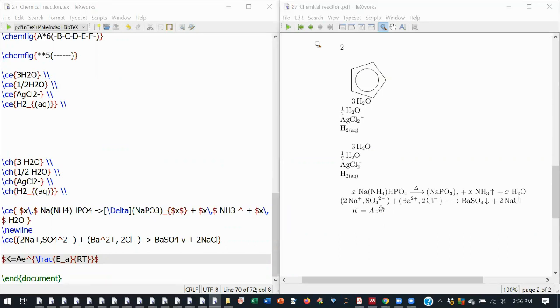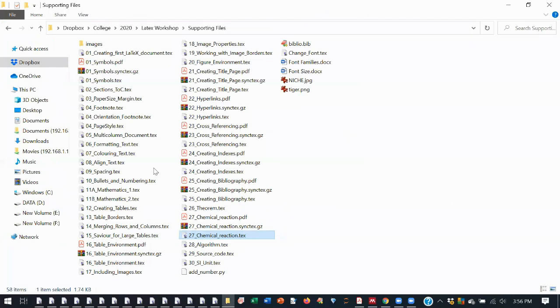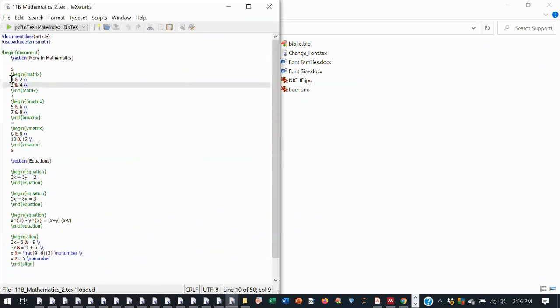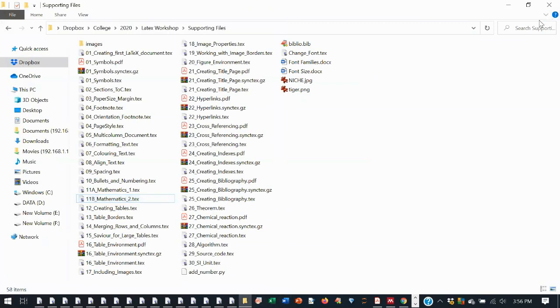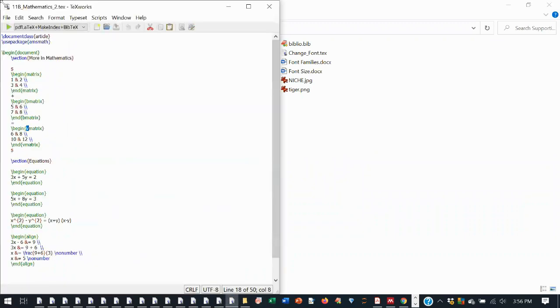Matrix we have seen yesterday. So once again, I will show you that. See, you have to give the command slash begin matrix and slash end matrix. Inside this command, there are different forms like B, V, many are there. Each will create a different output. So I'll compile, then you will see that.